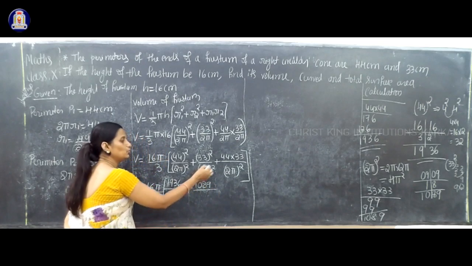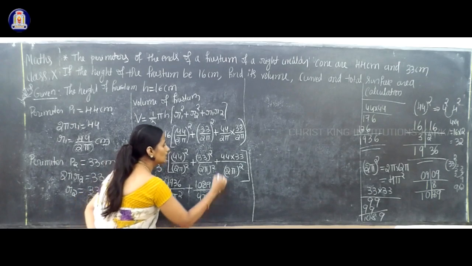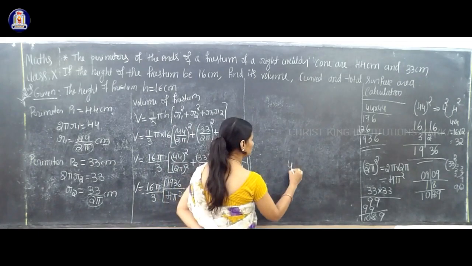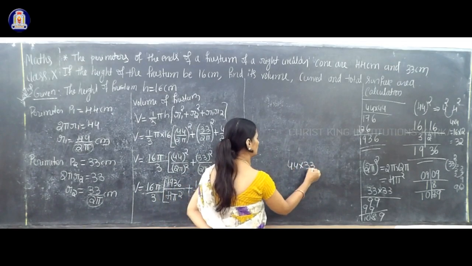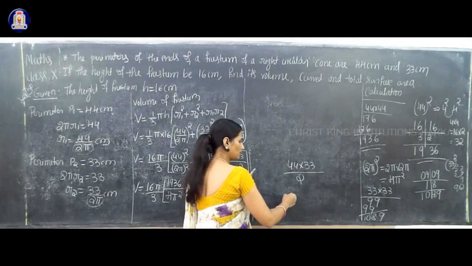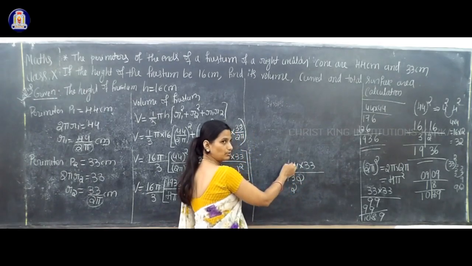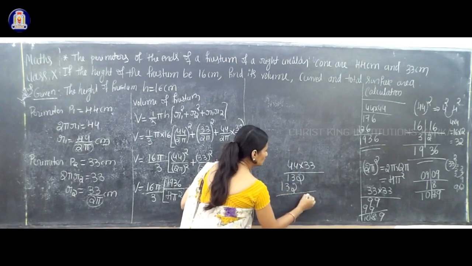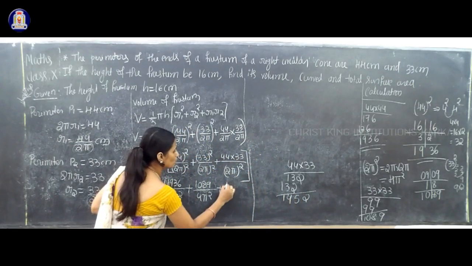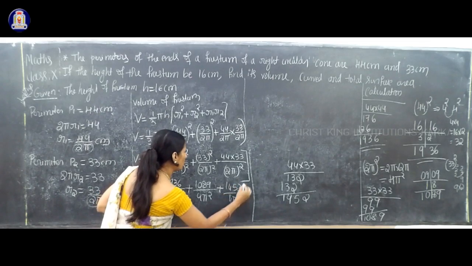1089 divided by 2 pi whole square is 4 pi square, plus now 44 into 33. Now 44 into 33. So 3 fours are 12, 1 remainder. 3 fours are 12 plus 1 is 13. 3 fours are 12, 1 remainder. 3 fours are 12 plus 1 is 13. So 2, 5, 4 and 1. Right, now it is 1452 divided by 4 pi square.